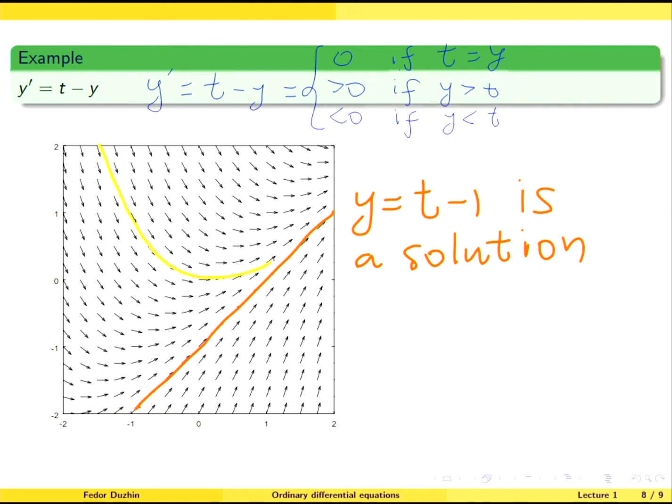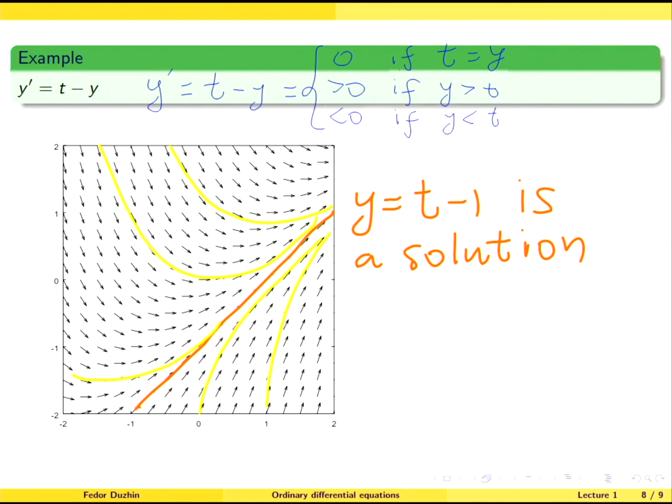But even more interesting is that if you look at other solutions of this differential equation, then you will see that other solutions, they approach this solution. So all other solutions, as t goes to infinity, they approach the solution y equals t minus 1. So this means